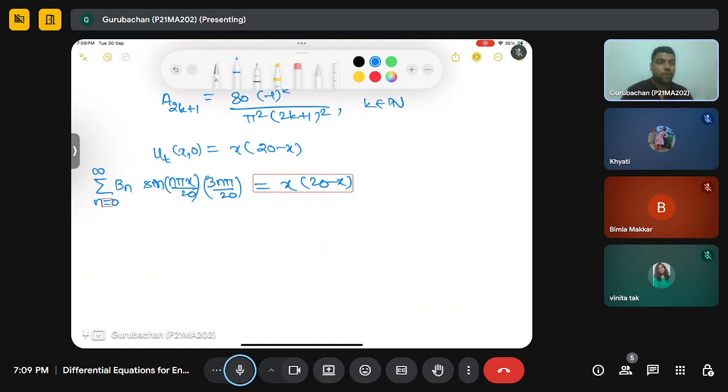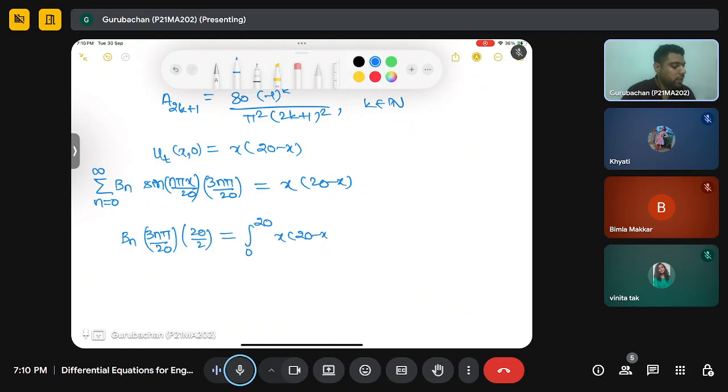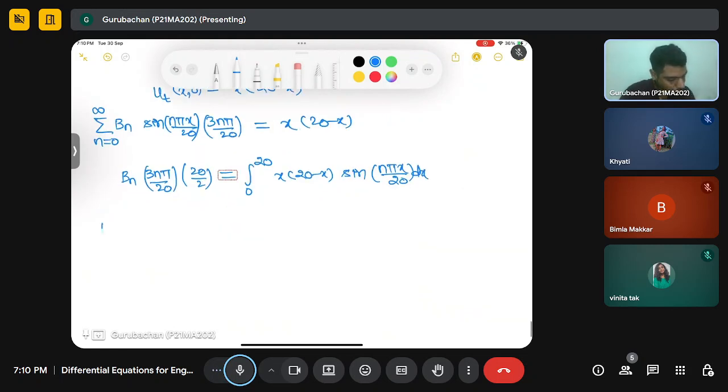again you will multiply with sine m pi x by 20 and integrate from 0 to L. Then you will get the value here bn times 3n pi by 20. This integration will give us L by 2, that is 20 by 2, which will be equal to the integral from 0 to 20 of x(20 minus x) sine n pi x by 20 dx. So from here your bn will be 2